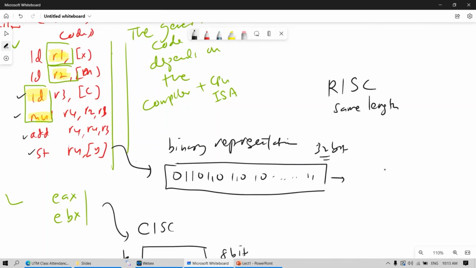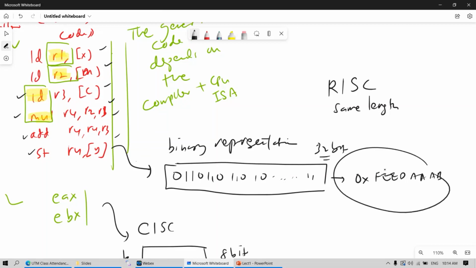Of course, 32-bit binary code is very hard to write, so we typically write it in a shorthand called hexadecimal. So this is a 32-bit hexadecimal, FEEDAAAB for example. This is a specific code in hexadecimal. For every line here, it's going to generate one code like this. And this code is what we call your instruction